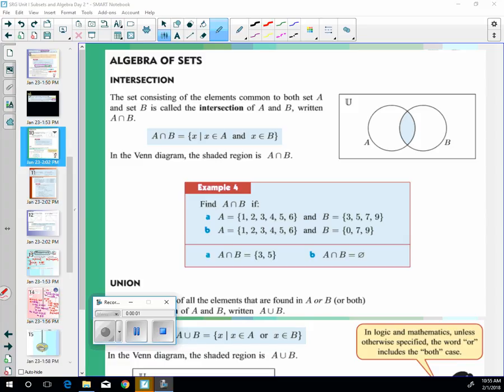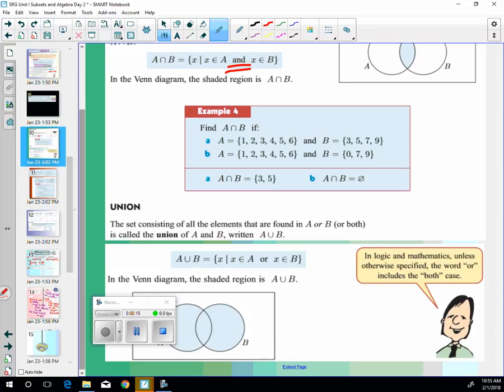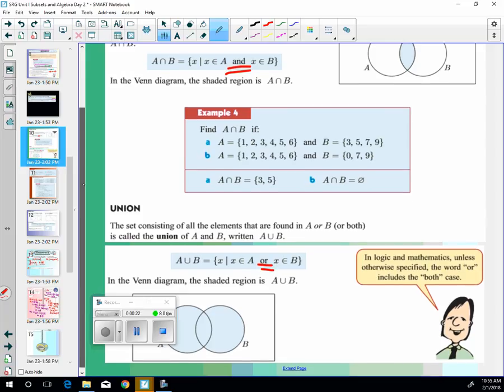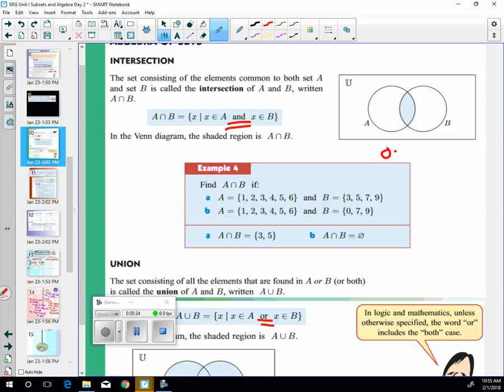Algebra sets. So, intersections. You remember these. Intersection, when things intersect, means that x is an element of A and x is an element of B. If you have a union, that means x is an element of A or x is an element of B. Now, if you look at the pictures here, this is what I call the overlap